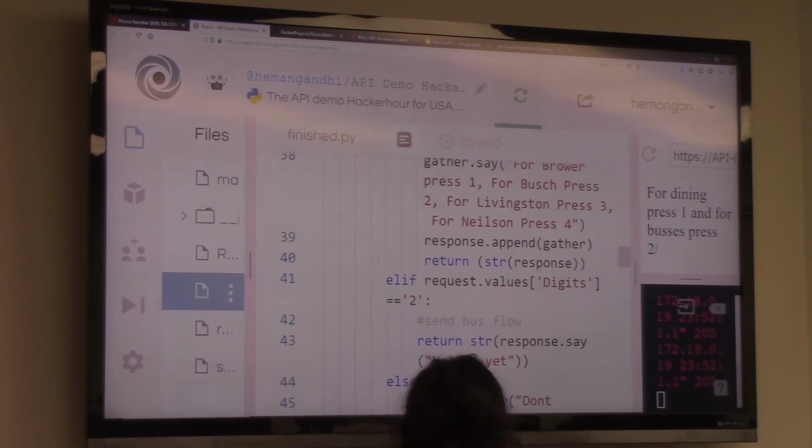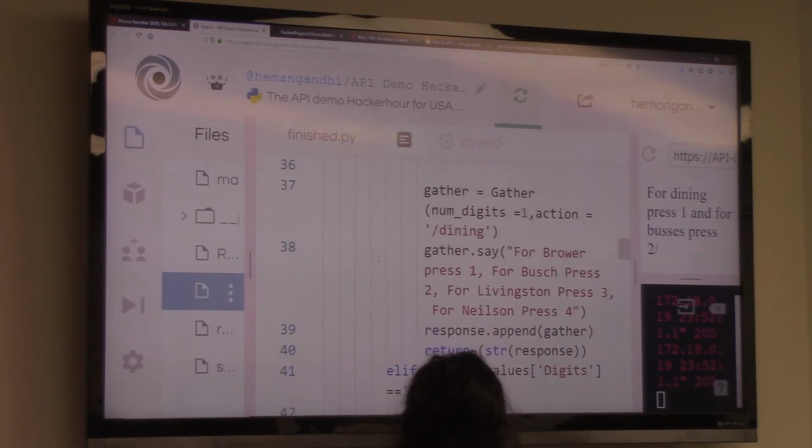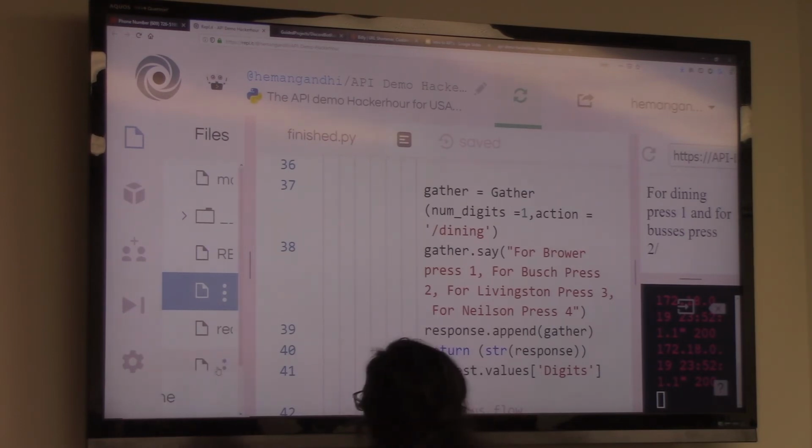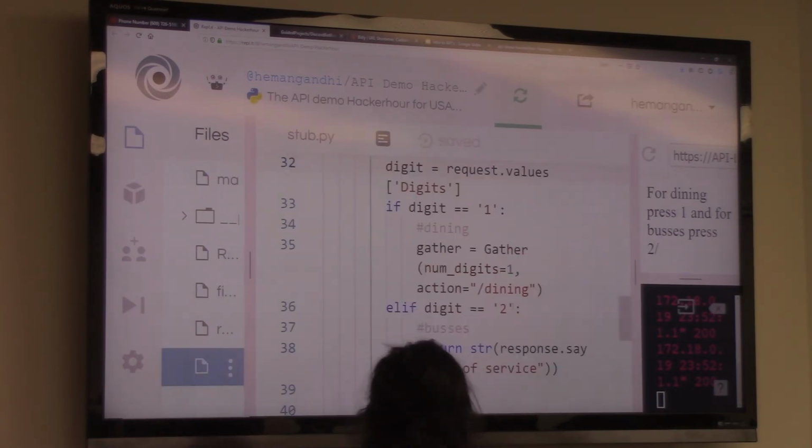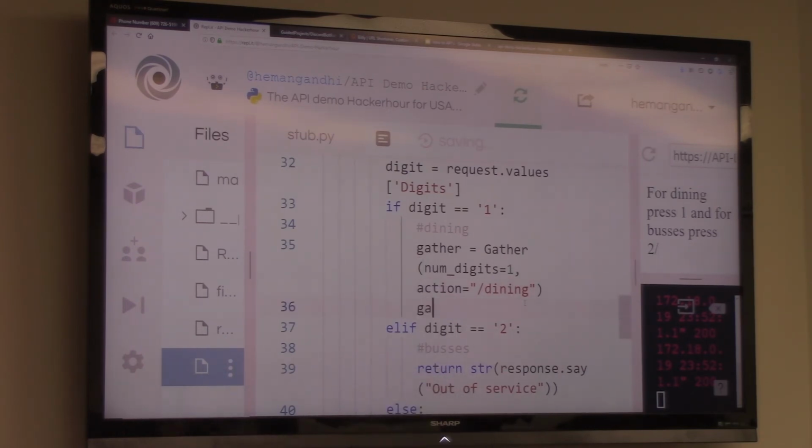Let's make sure I got everything right here. Oh, wow, okay. I'm teaching myself how to use this too. Okay. Over here. And in our gather, what we're probably just going to want to say, like,